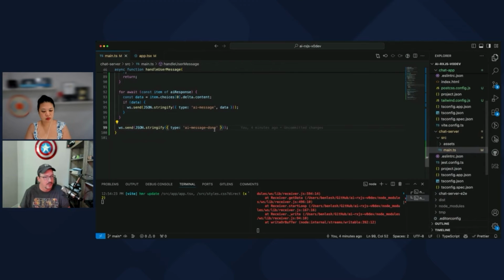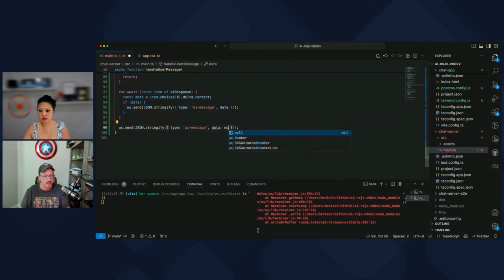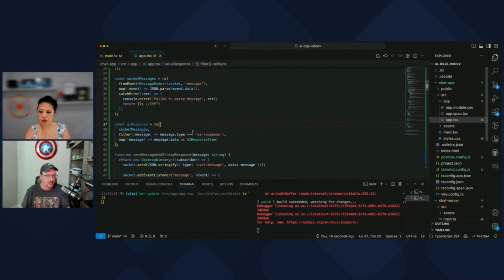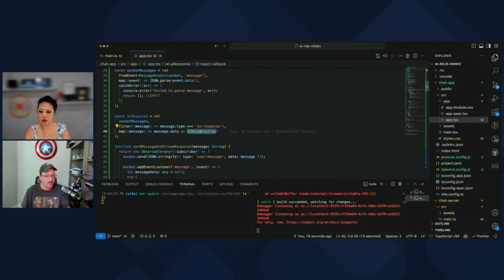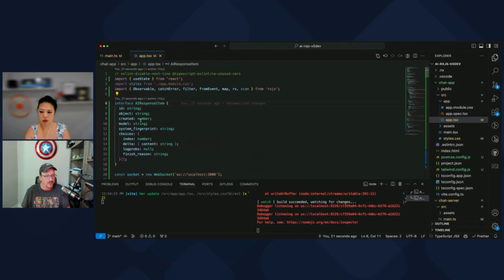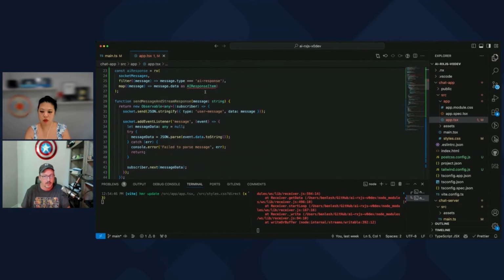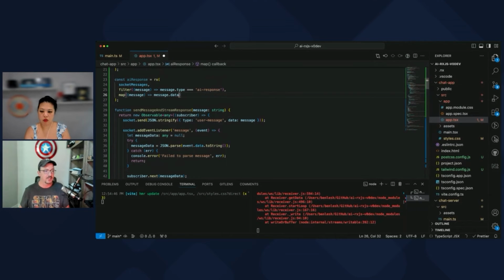Yeah, let's do that. So instead of this, do AI message data null done true, and this will have done false. So we can see if we're done sending the message. I don't know where this is coming from. I don't particularly care about it. That should just be a string. So the message is a string.